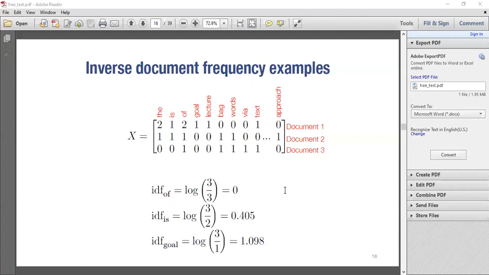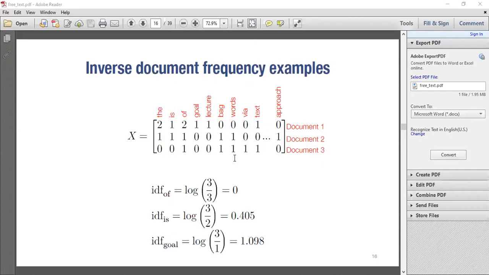Now, the reason we do this is you would notice that words such as "the", "is", and "of", if you're looking at a document, the words that are more likely to be relevant to what that document means are not likely to be the words that appear too often. It might be just the words that appear sparingly.